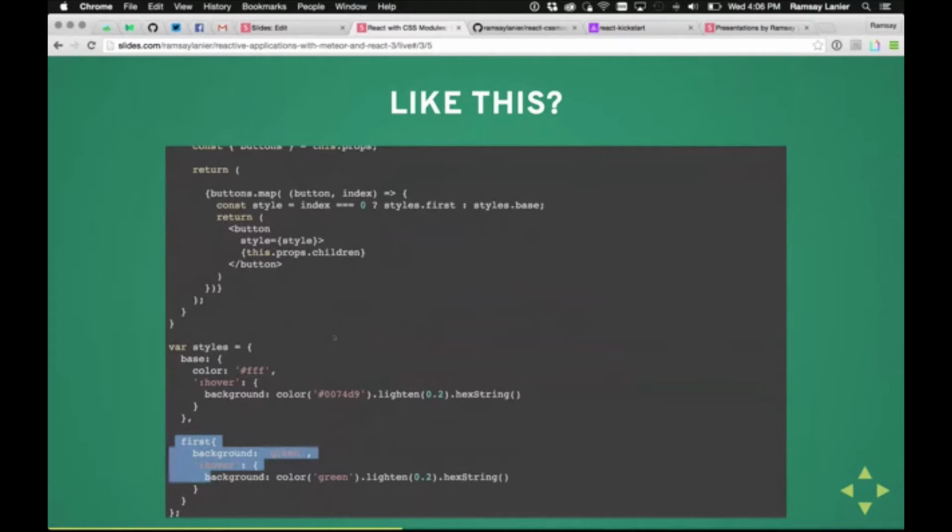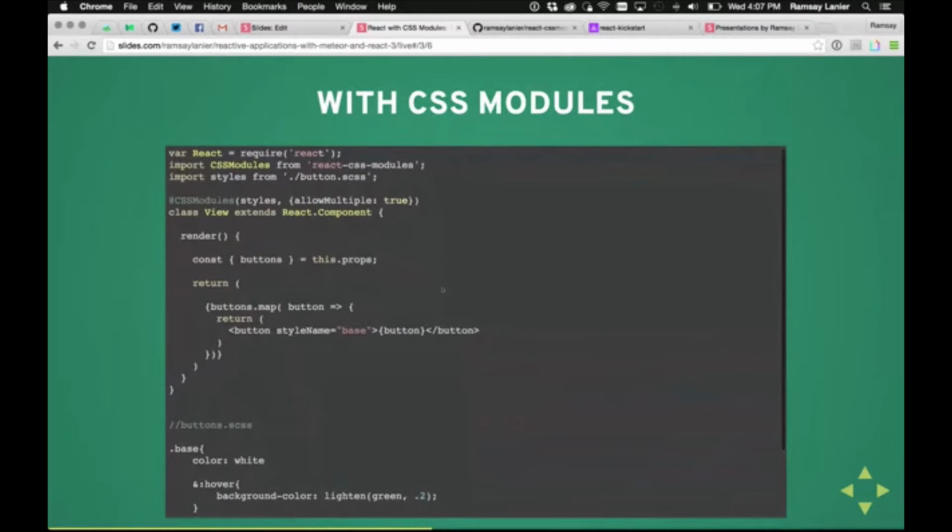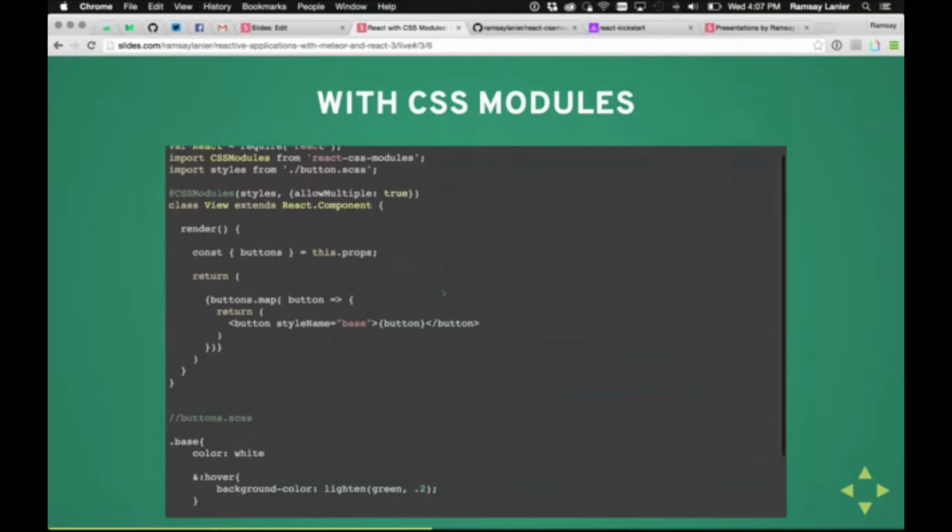And this is just to get the first of. Last of type, a little bit more difficult. You want to do every odd one, every even. Nth of type, things like that become pretty impossible. So I'm going to go through how CSS modules alleviates a lot of these problems using this example.